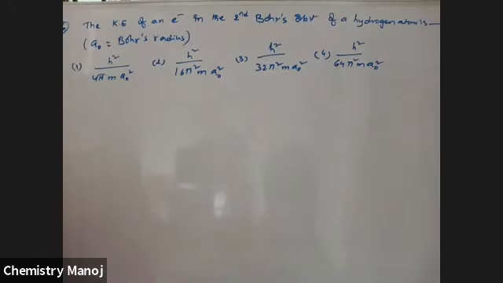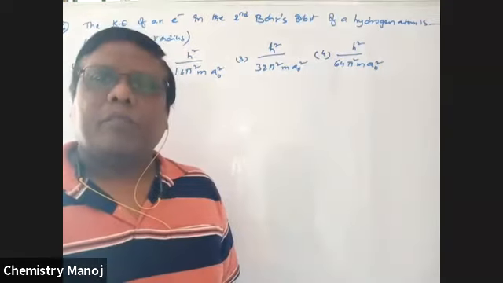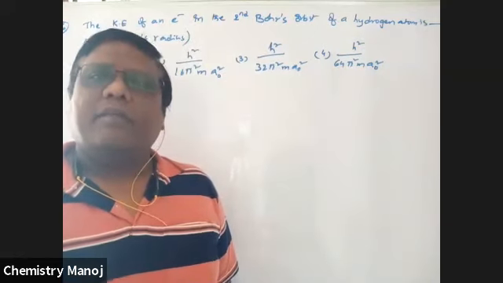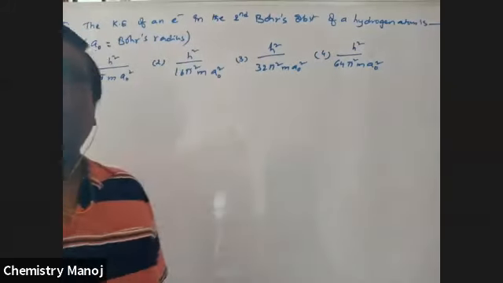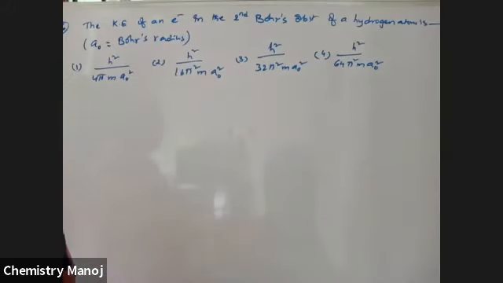The kinetic energy. Don't guess, try to solve. You want to calculate kinetic energy. We know kinetic energy is equal to half mv square. Find out that v value. From where is the value obtained? mvr is equal to nh by 2 pi. From that calculate the v value, and substitute that v value here in half mv square. So derive the formula, try yourself. I am going to take it later, no doubt I will derive, but do it yourself.